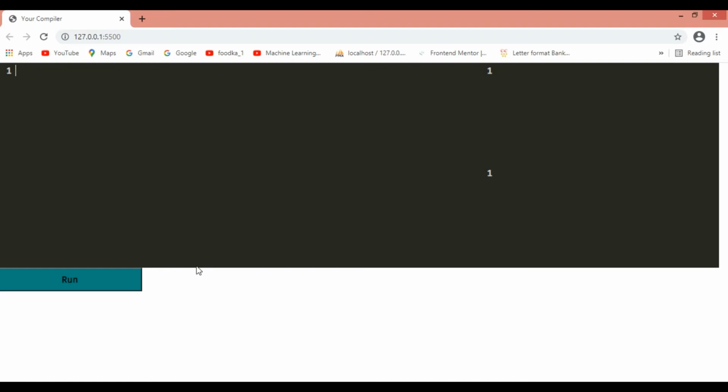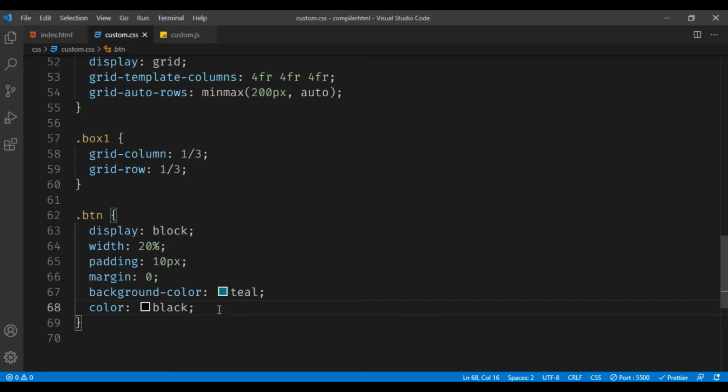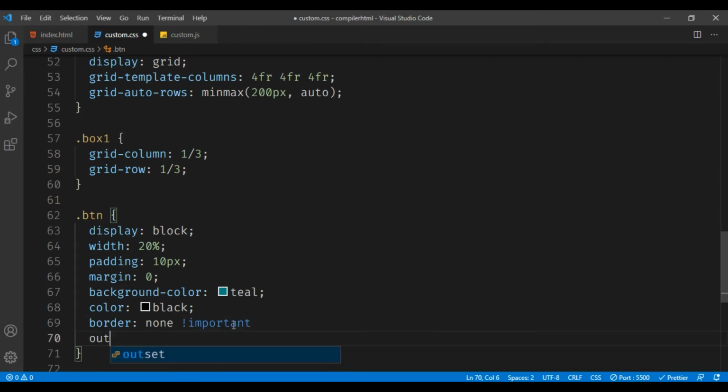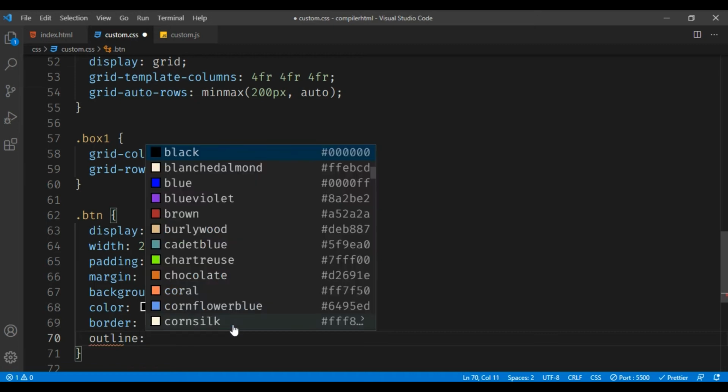Okay, now let us rerun this thing. You can just see a button has been there. Now just remove the border, and I don't want the outline.